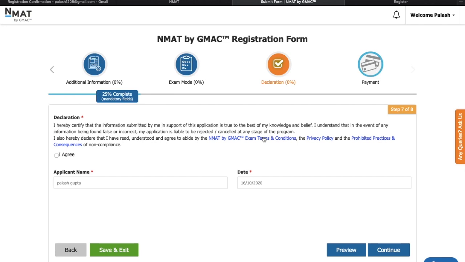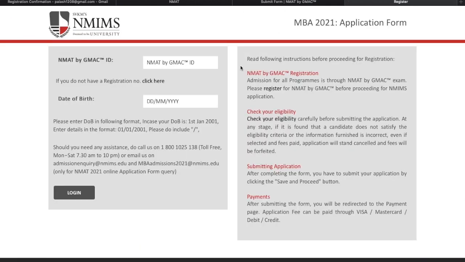In the payment portal, be sure of your internet connection so that you can securely pay the amount, and that will complete the whole form. Once you complete the form, go for the preview and see whatever information you have filled is correct, and then you can finally submit the form. Once you submit the form, you will receive the NMAT GMAC ID, which you will get on your registered email